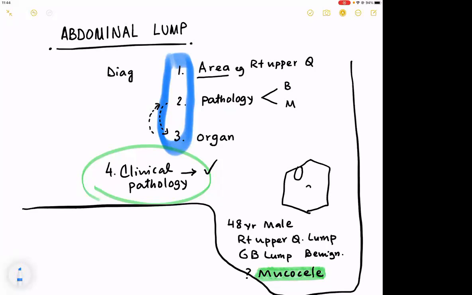Remember, the long case has 40 marks out of 100. So failing in a long case is not a very happy thing to have. And usually the long case has 20 marks of operative combined, so 60 marks. So please understand that this is a tricky situation. Abdominal lumps are not always very clear cut. It is good to say a layered diagnosis rather than talk about one diagnosis. So I hope I have made my point clear.